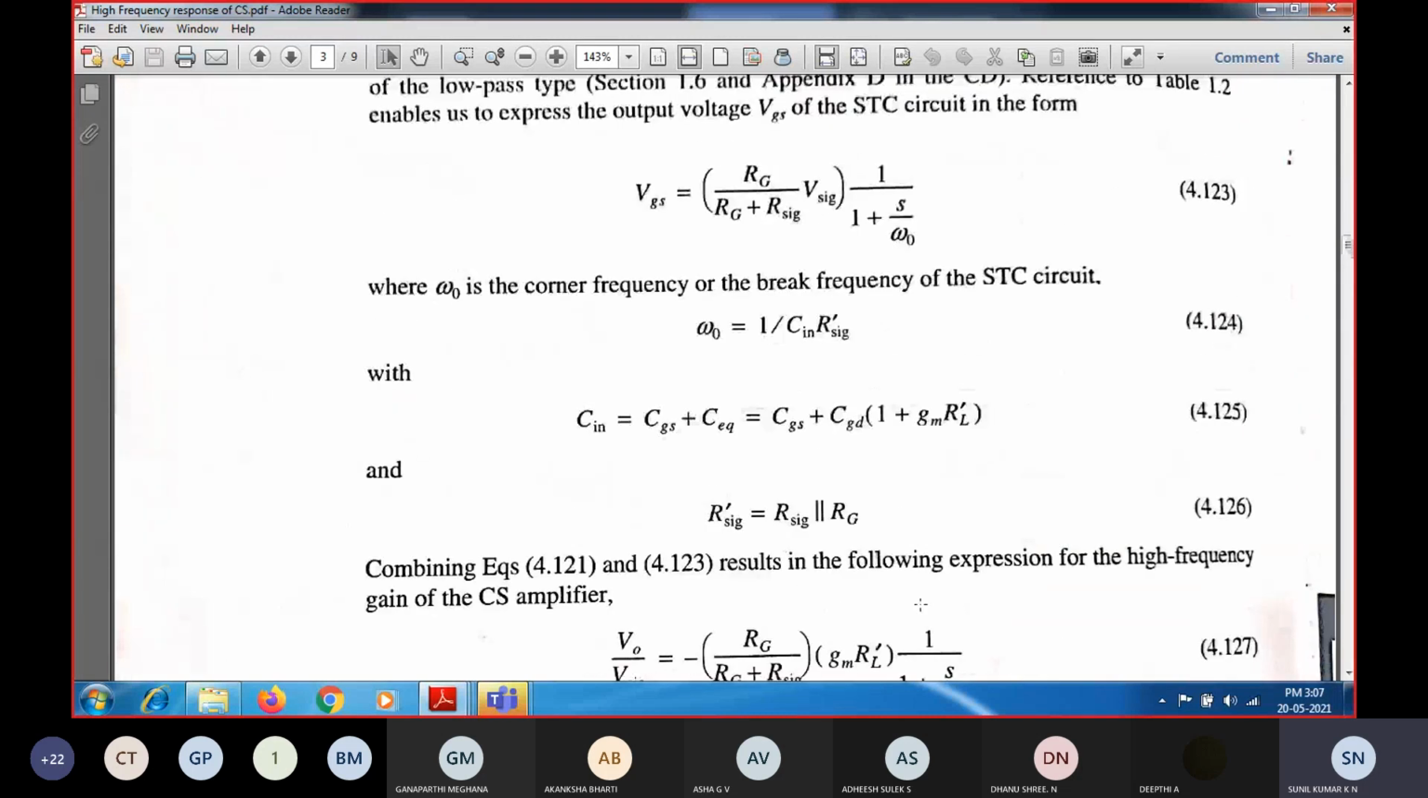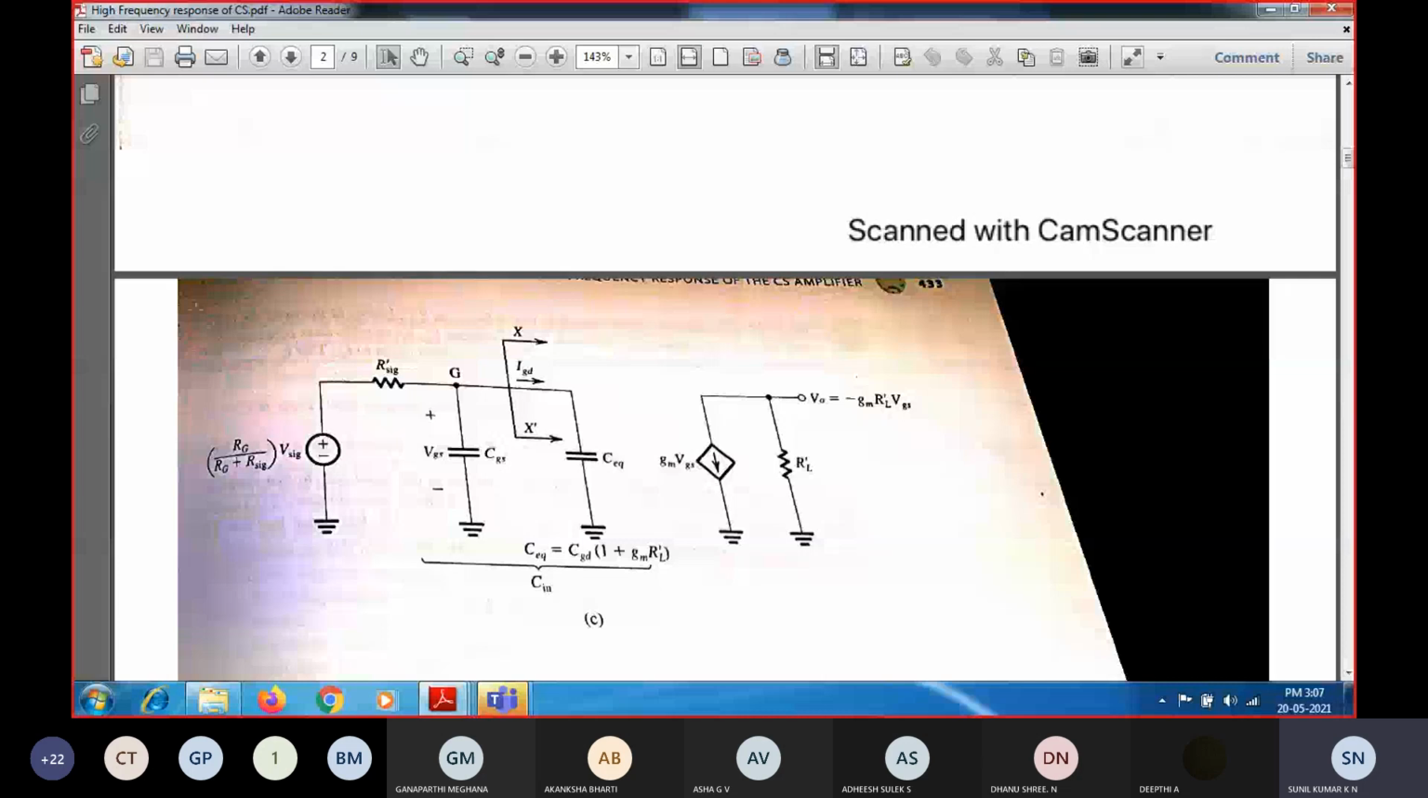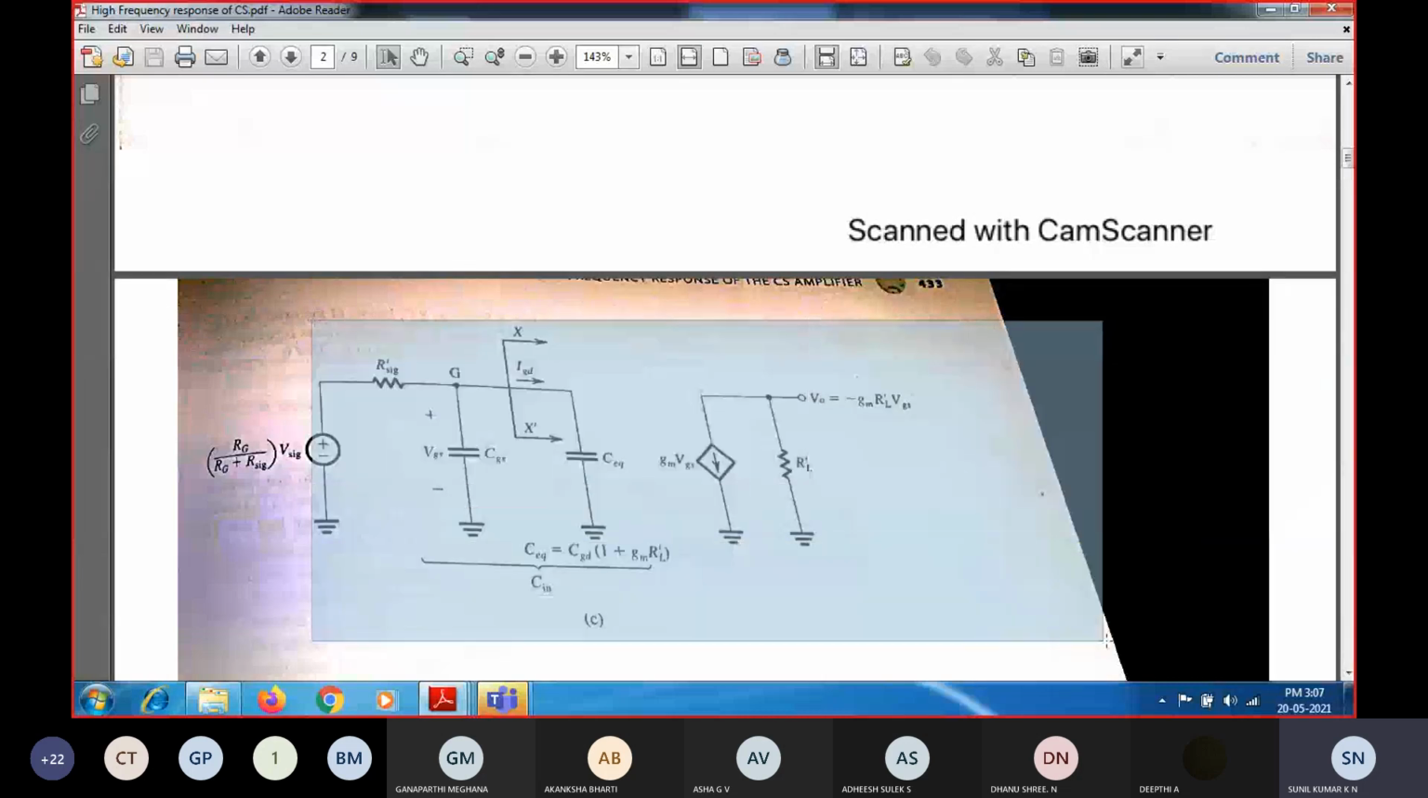So any doubt is there? Any doubt means you should analyze this circuit. So this is the circuit, and this is where you are going to have doubt. So why am I going to